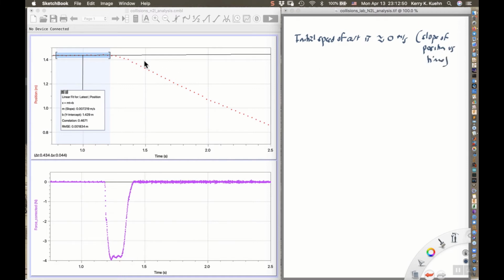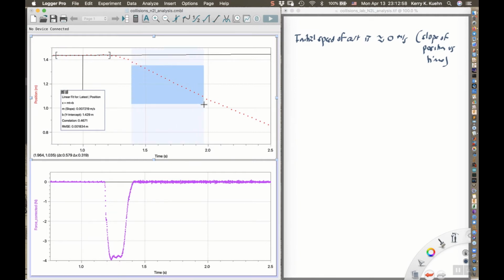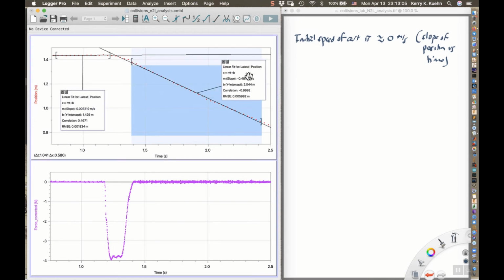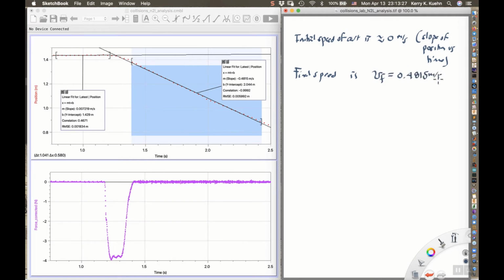Then in this region over here, after I have applied this force, I'm going to do another linear fit. I'm doing a straight line fit to my data, and the slope, which is the final speed, the speed after I applied the force, is negative 0.4815 meters per second. So the final speed is 0.4815 meters per second. In other words, the momentum initial is equal to 0, and the momentum final is